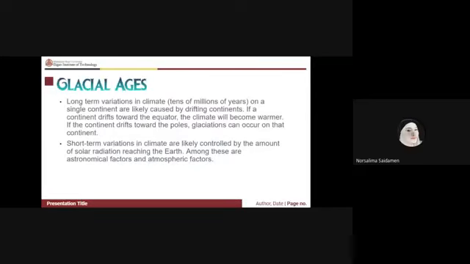Now we go to the glacial ages. So glacial ages have long-term and short-term variation. Long-term variation in climate, over tens of millions of years on a single continent, is likely caused by drifting continents. If a continent drifts toward the equator, the climate will become warmer. If the continent drifts toward the poles,